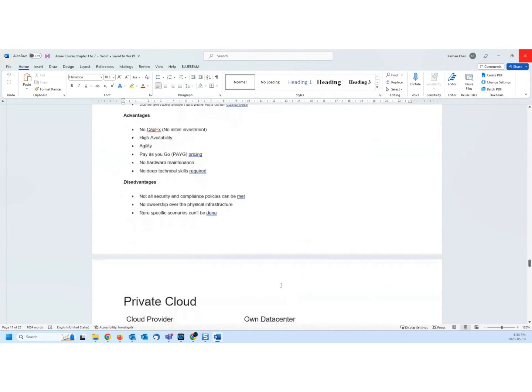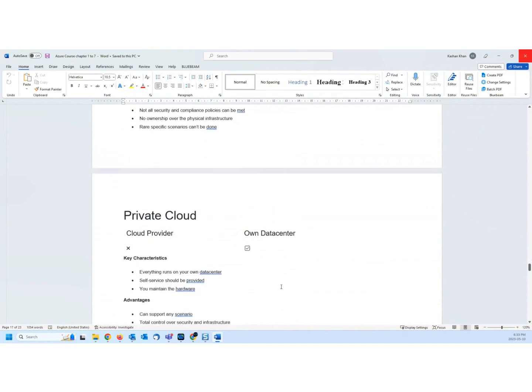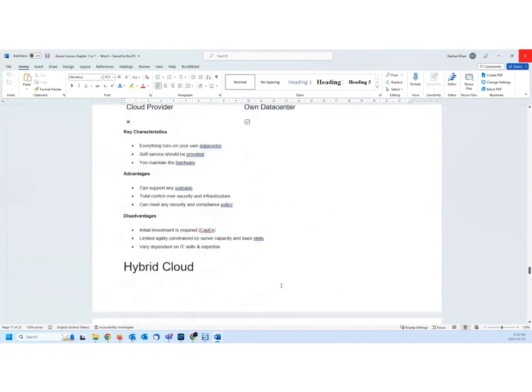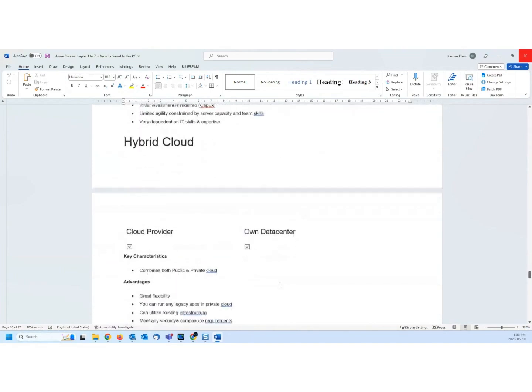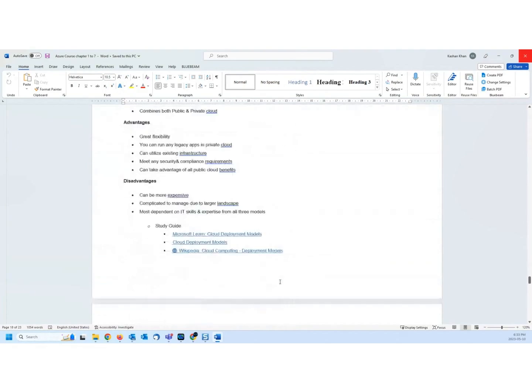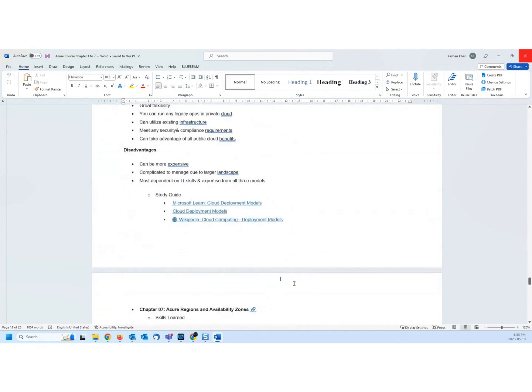So these are some advantages and disadvantages that we have run through. You can go through them when you are reading, because I have gone over this in the slides, but you can run through those. Let's take a